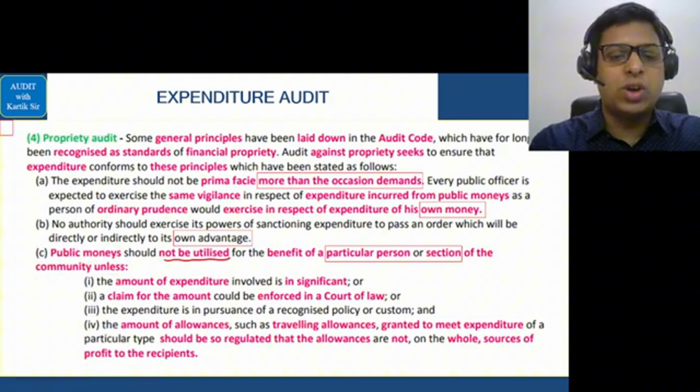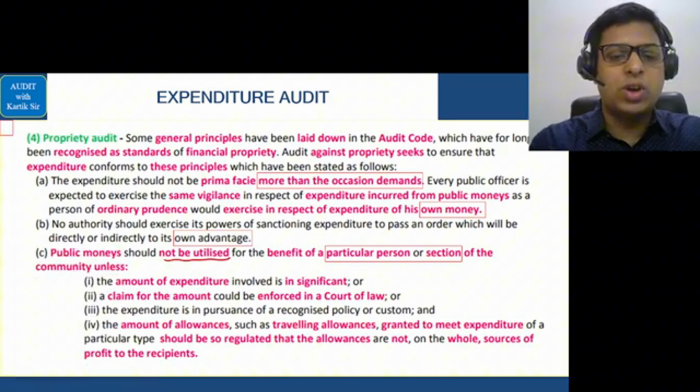Next is everything should be economical. Economical means the expenditure should be done at reasonable limits, and if it is uneconomical, it will be uneconomical. If it is defective, it means you have to rerun the production and the cost will increase. Or if the product is of inferior quality, again the cost will increase because inferior quality product will not be accepted, so you will be forced to prepare make goods with superior quality.